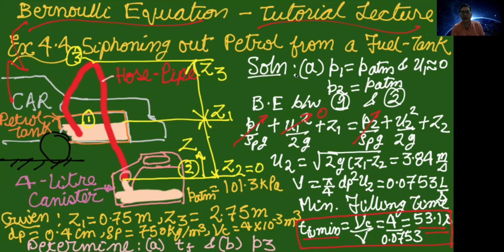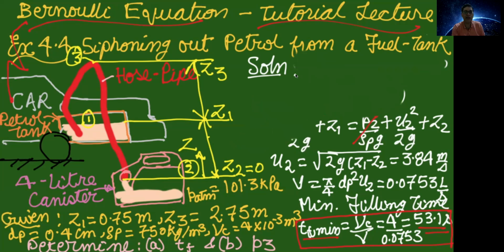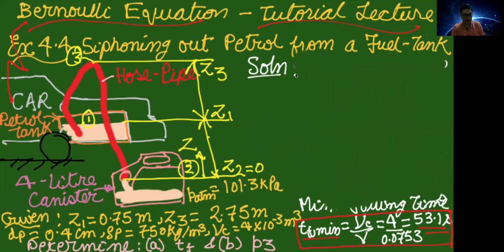This is the first part of the question. The second part of the question is we have to determine the pressure P3, which corresponds to the maximum potential energy, and here the pressure will be minimum. Now to obtain this, we will apply Bernoulli's equation between 2 and 3